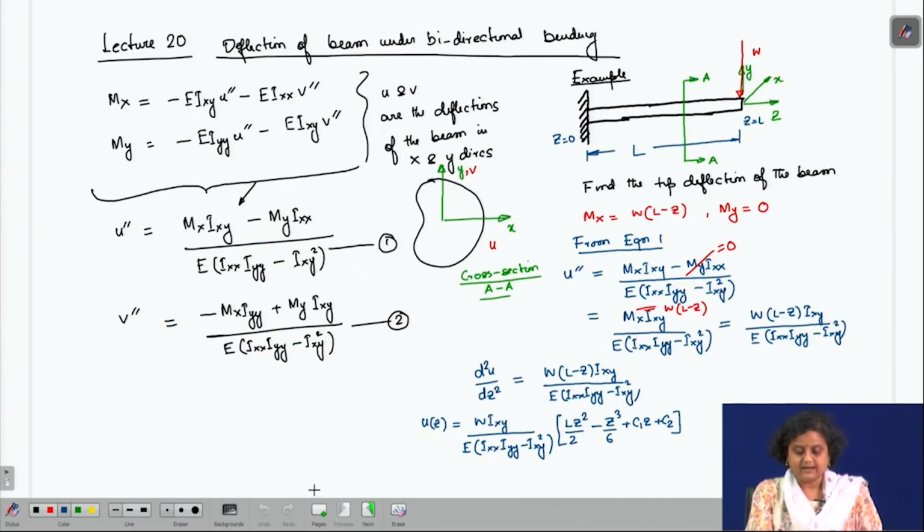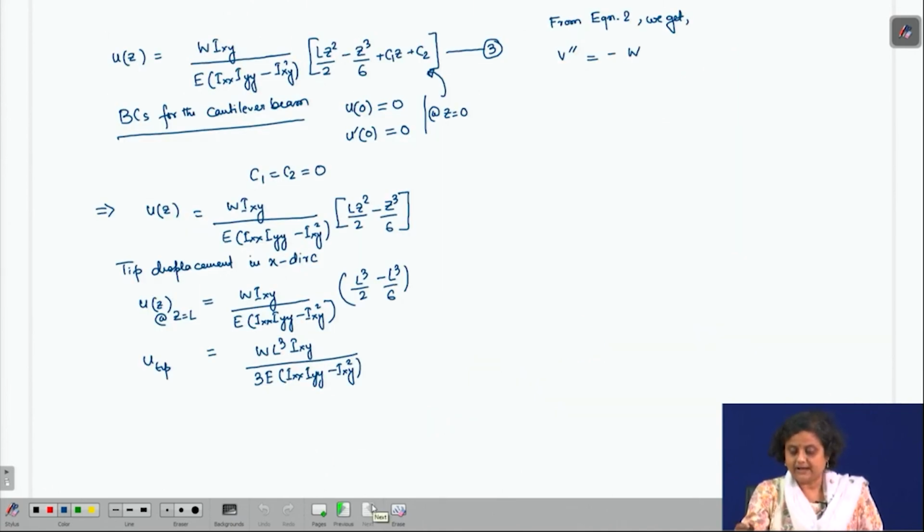V double dash here is this. So my goes to 0. So we have V double dash as minus mx. So let me write down the expression for V double dash. So the expression for V double dash is